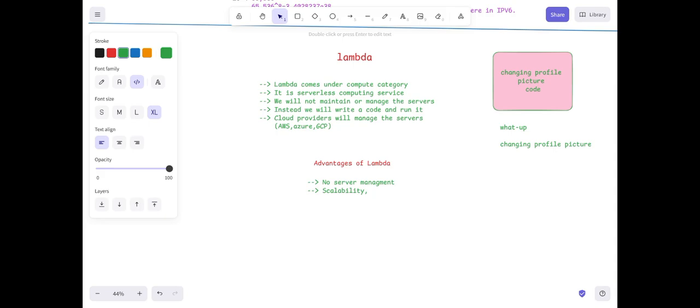We can scale up or scale down the resources according to our need. When the users are increasing, we can increase the server capacity. When the users are not using it, we can automatically decrease the server capacity, and it is flexible. Flexible in the sense it can be changed according to our needs.